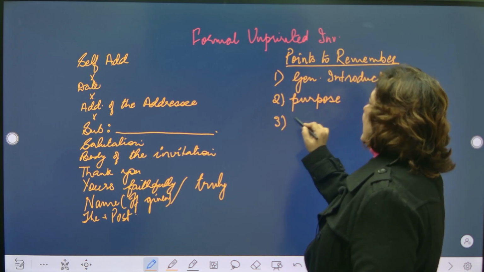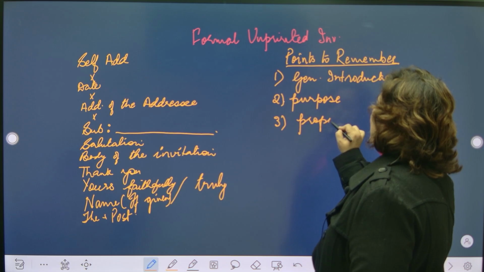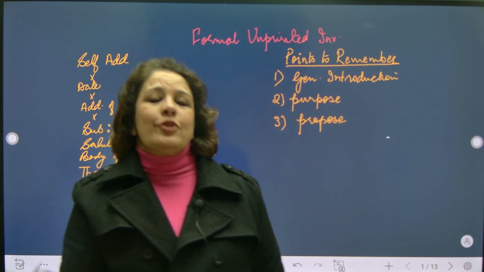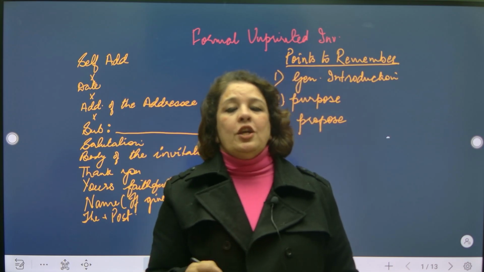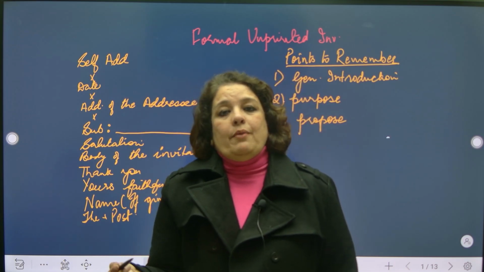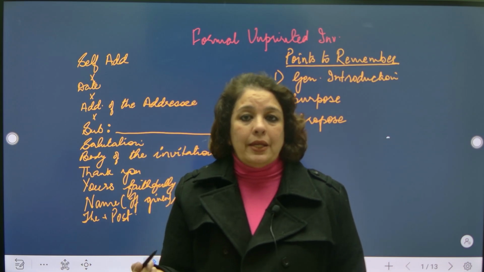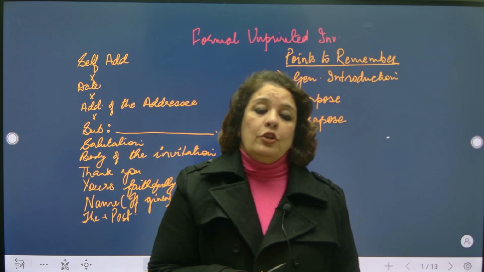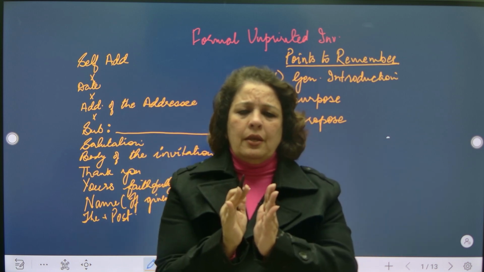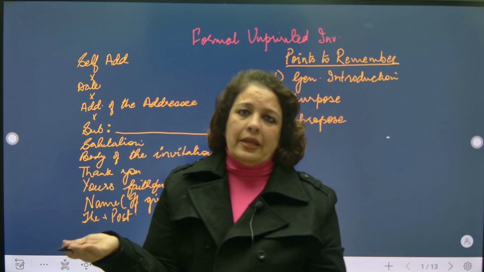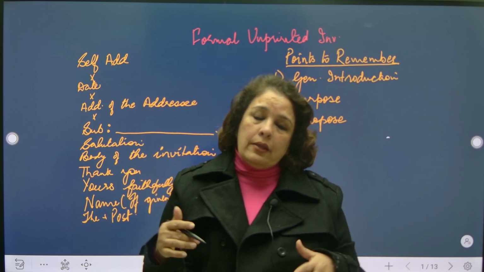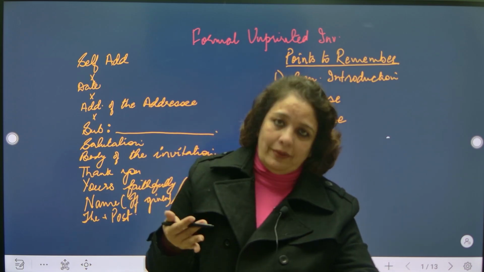Then you propose a date. If you're inviting somebody as the chief guest, you do not mention a date. You propose a date, prastavit tithi. It means he's a very important dignitary. He is a busy man. Maybe he is not free on that particular day. So you just propose a date. If convenient to him, he will give his consent or he will refuse. And there is a probability he'll suggest some other date.